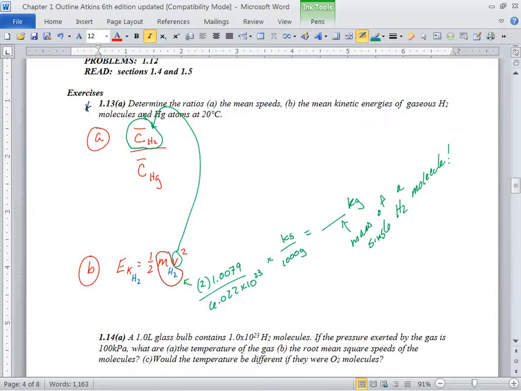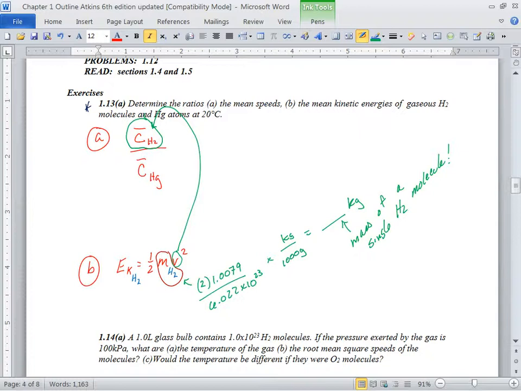And to get part A, pretty much just use that equation, right? Plug and chug from that equation. Then we have to get it in kilograms per mole. Exactly. Don't forget, in that equation to calculate mean speed, like Eric's saying, C bar, it's got big M in it. But it's not just molar mass, it's molar mass in kilograms per mole. So there's a number of places you can screw up doing this.